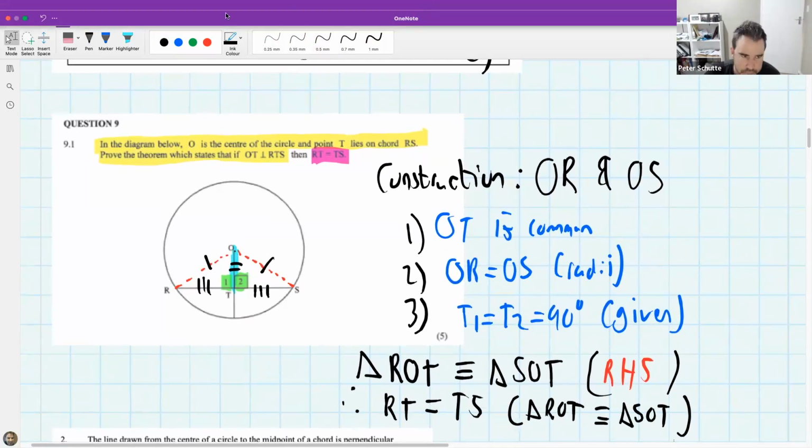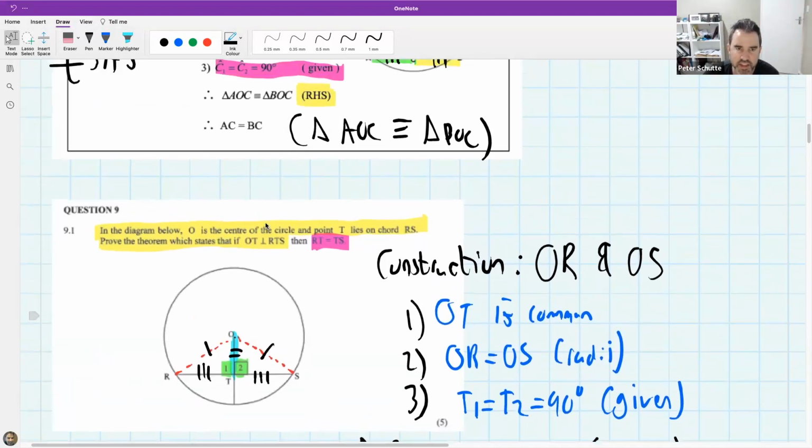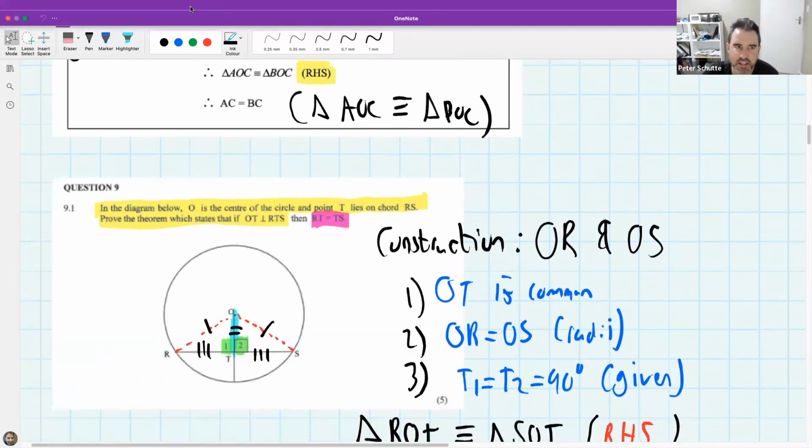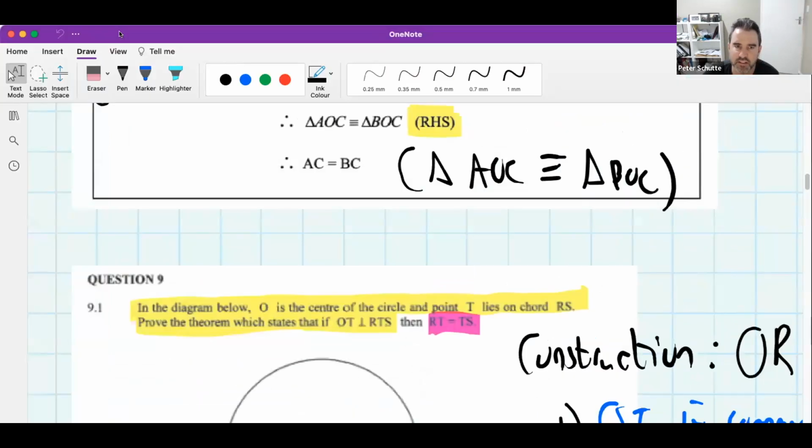Okay. Now, there is another theorem that's similar to this, but I'm just going to look at it very quickly. And then, in fact, you know what? I'm going to give you a link to all the proofs for all these theorems. I did give you one in the previous lesson too, but I think I want to concentrate today on the theorems that are most likely to come up. But at the same time, I want to give you an actual document that you can have, let me just quickly